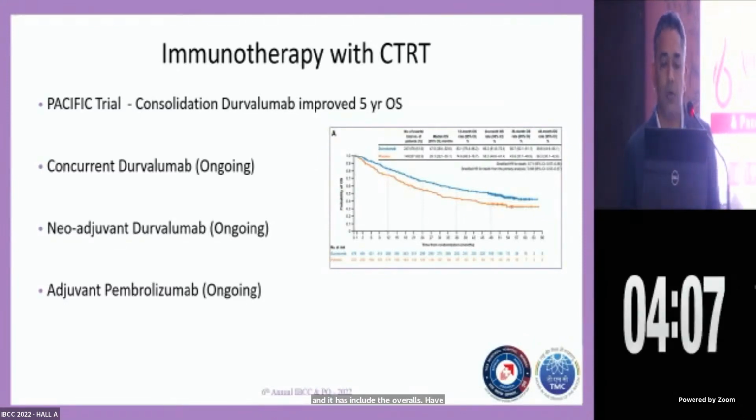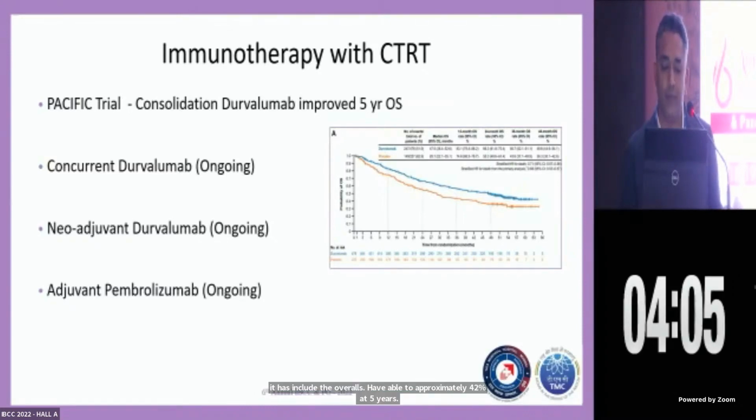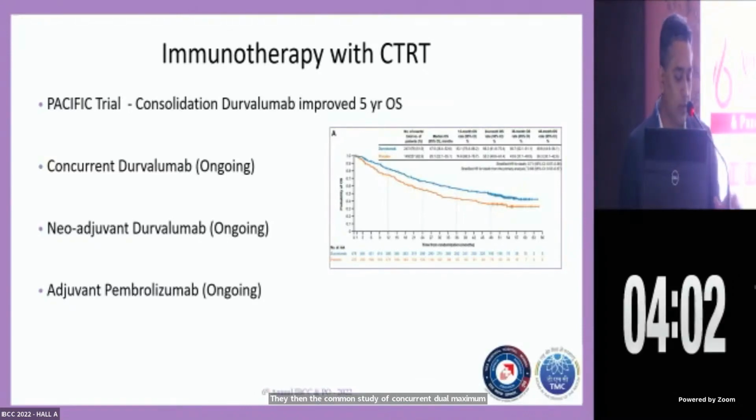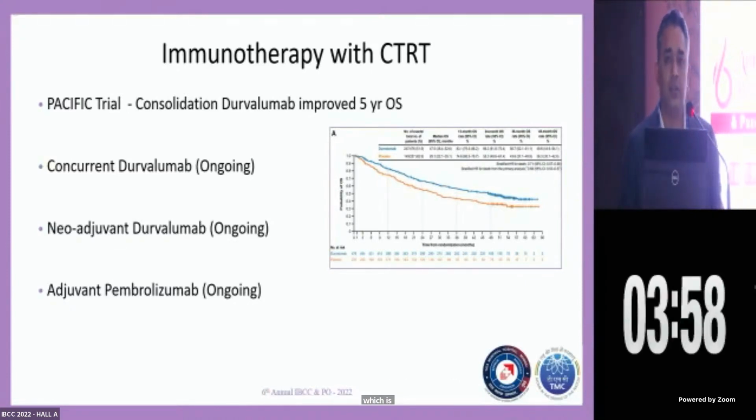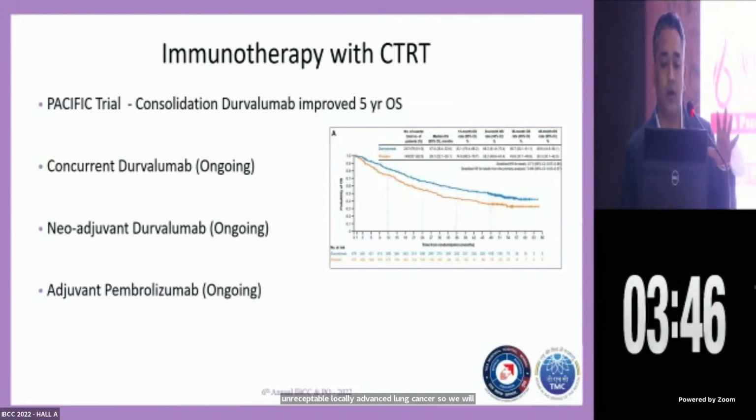There is an ongoing study of concurrent durvalumab. Neoadjuvant durvalumab is also ongoing, and adjuvant pembrolizumab is also ongoing in the case of unresectable locally advanced lung cancer. So we will get more information about the concomitant administration as well as the neoadjuvant administration of the immunotherapy with